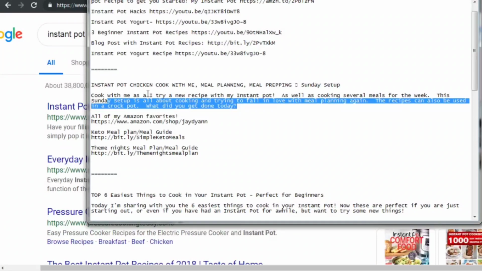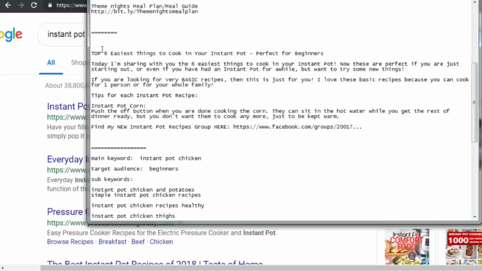necessary. So you don't need to write something like Instant Pot Chicken or something that's just a bunch of garbled information. You want to make sure that the title and the description attract people first and foremost, and then embed the keywords within. So the third one, we've got top 6 easiest things to cook in your Instant Pot, perfect